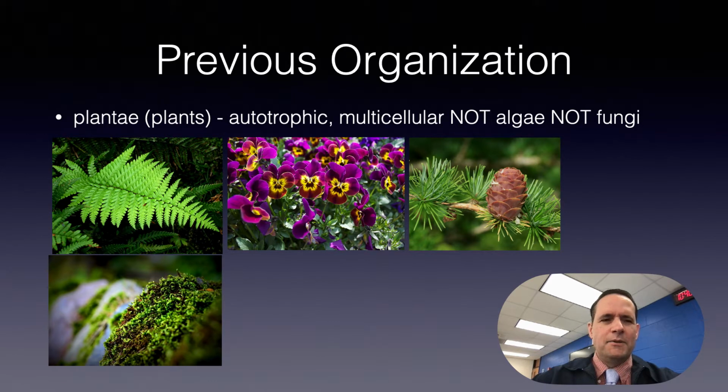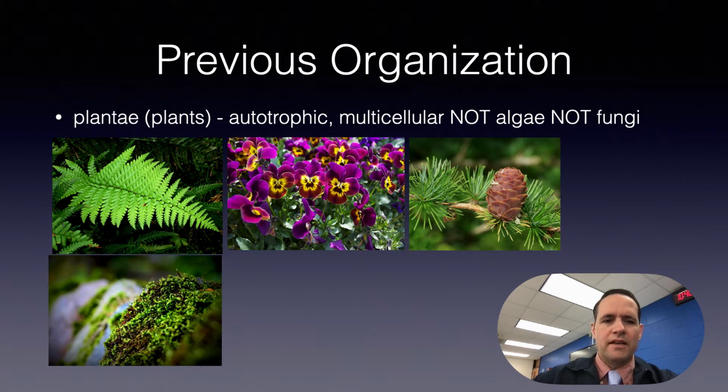We've got plants, which are autotrophic. This means that they obtain their own energy not by eating something else, but basically by photosynthesis from the sunlight. So